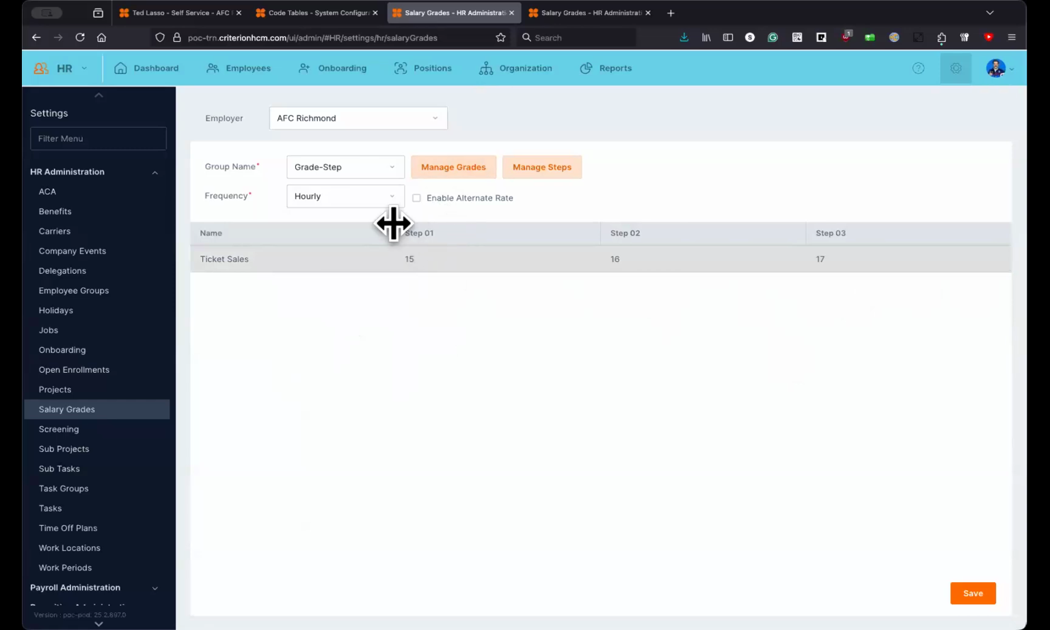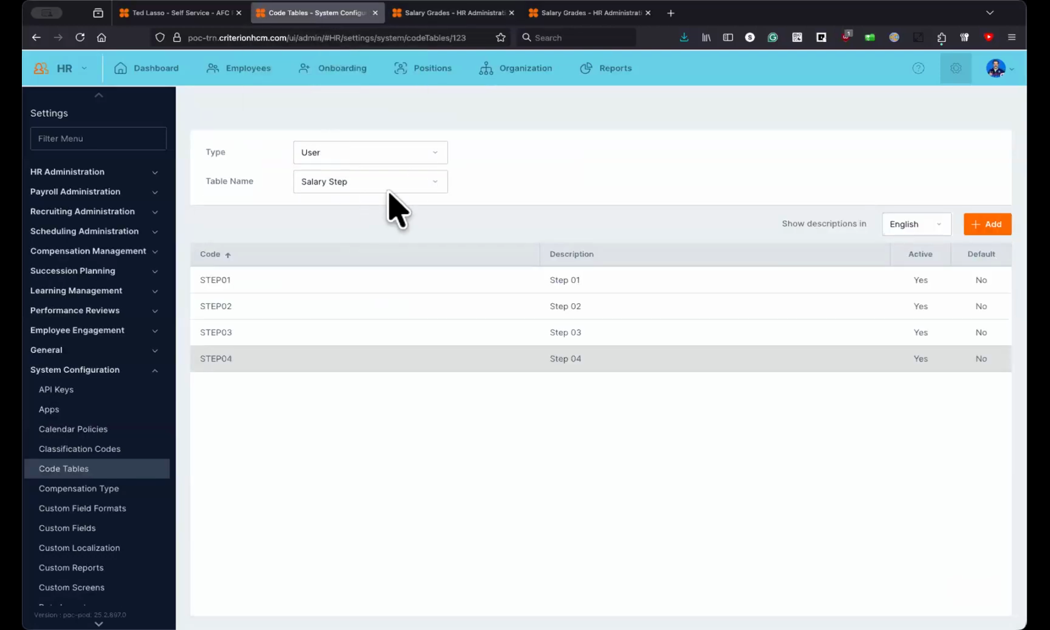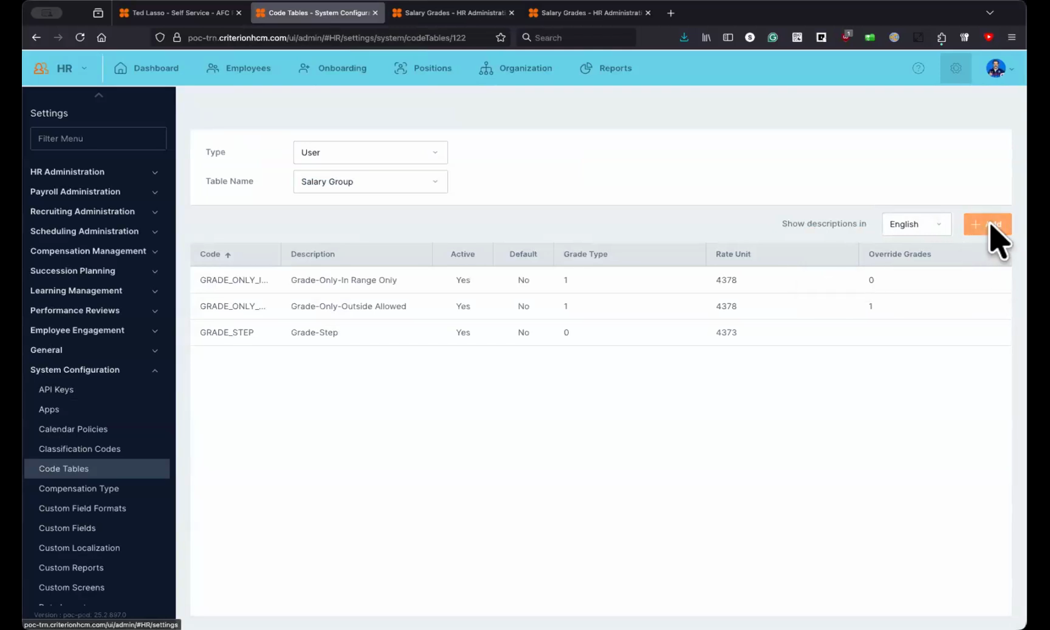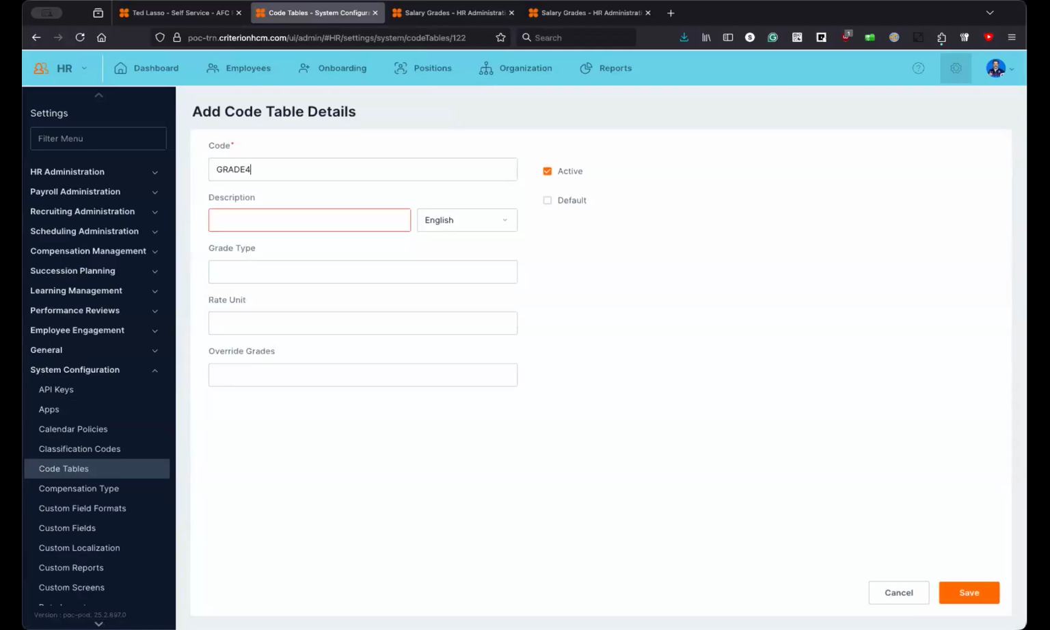All right, if I did want to have one with 4 steps, again, what I have to do is make a separate group, maybe call it grade with 4 steps, something like that, and put in the salary groups that go in there, and then with the 4 steps. So each time you want to have something a little different, you do need to add separate group names for that. So just again, just to show you, I could do a group here, and maybe I call it grade 4,